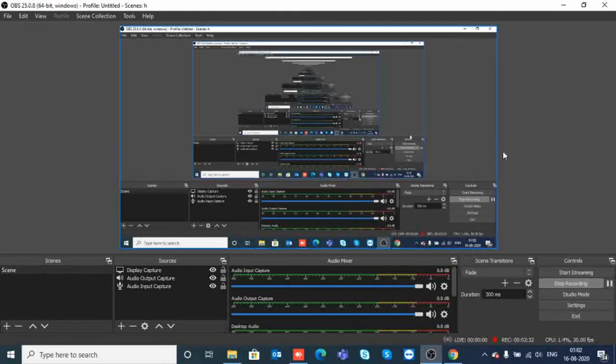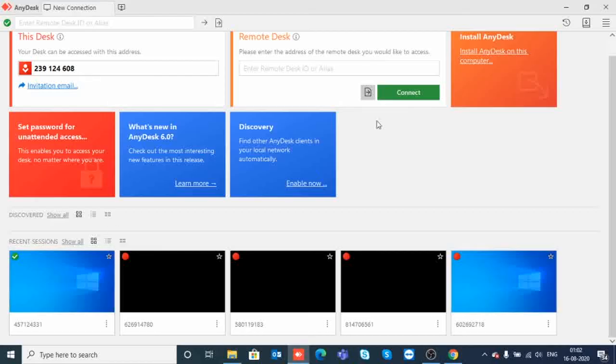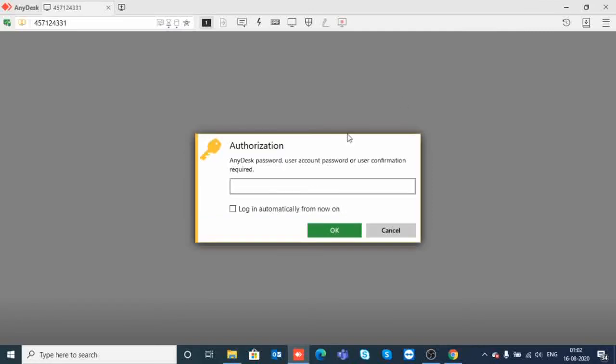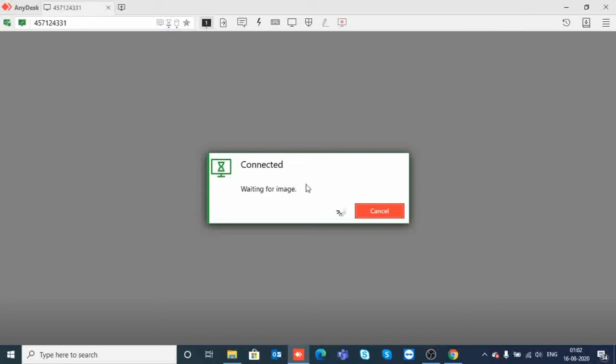So guys, it seems the remote system is up and running. We'll check our remote desktop ID, it was this one. We'll click on it and click connect. I have restarted it, so let's see what comes. It is asking for the password, so I'll write the password test@123. I have just restarted, nothing more than that.